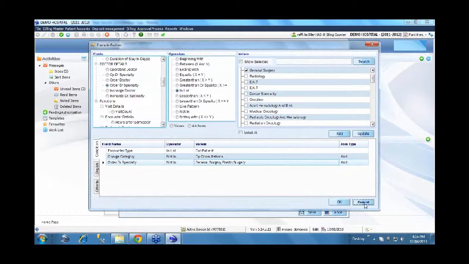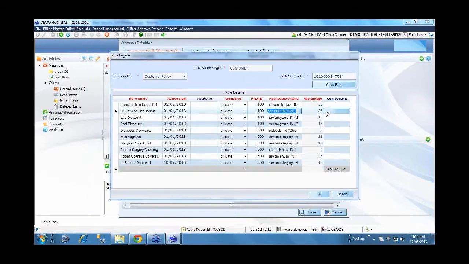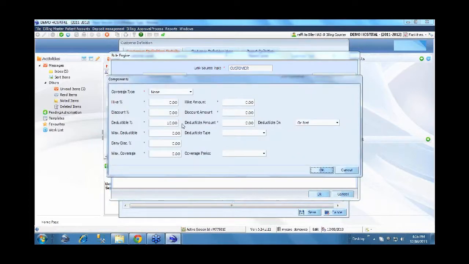In this case, once this criteria is met, we have a condition wherein we can say the co-payment for this is in terms of percentage, say 10%, which needs to be deducted, subject to a maximum of say 100 or 150, whatever it is. Most insurance companies have that also.